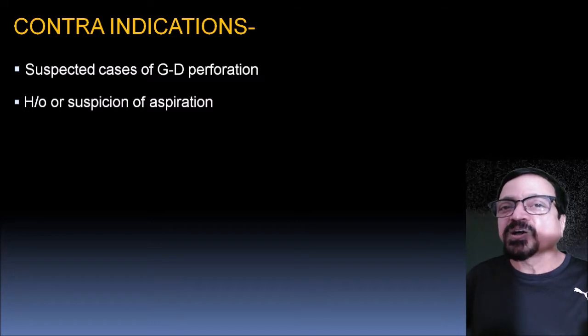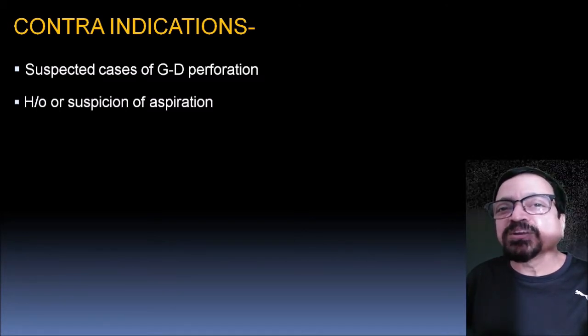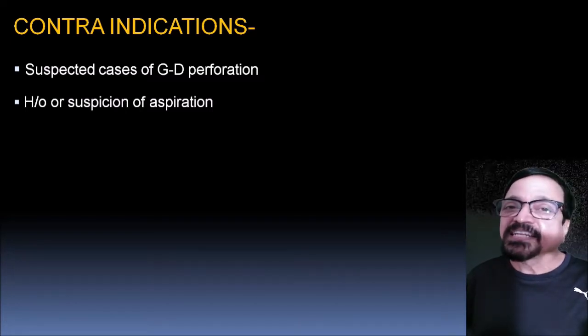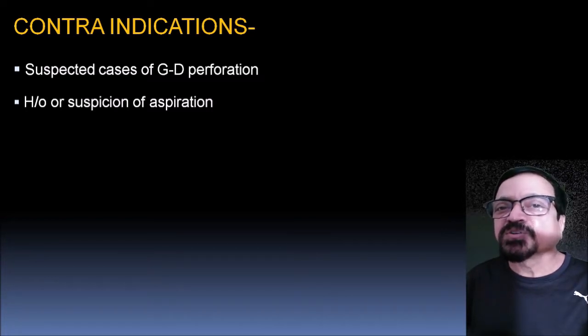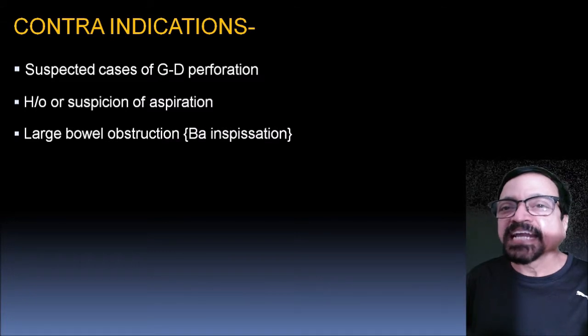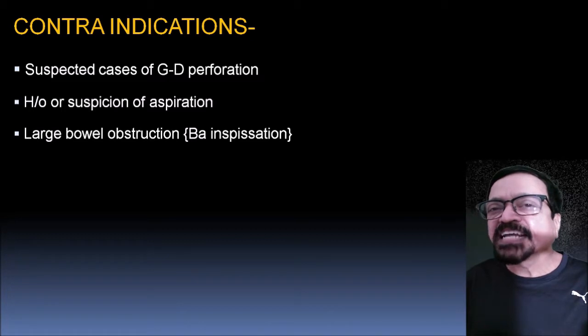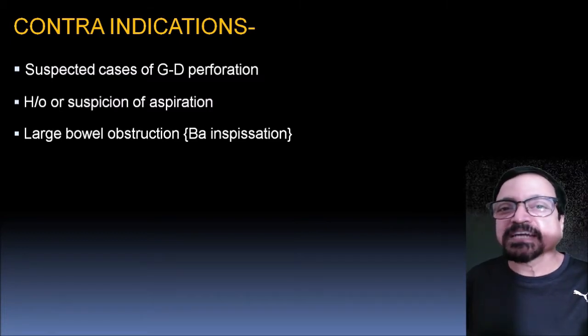Now, history or suspicion of aspiration. First we ask the patient whether he can swallow properly. It's a part of counseling before any of the tests to ask the patient what his complaints are. One of his complaints may be swallowing difficulty or coughing after swallowing. Then we must take care to see that the patient will not aspirate. In that case, we keep close observation on him, or if it is a very serious condition, we may abandon the barium procedure of stomach and duodenum, or we can replace it with a water soluble contrast examination, which is safe even if the patient absorbs it.